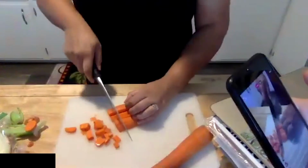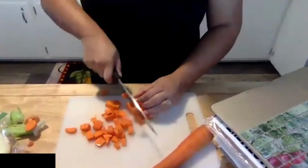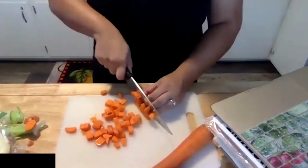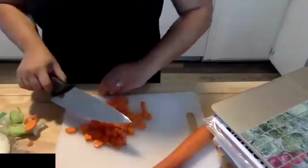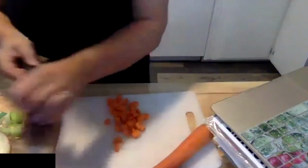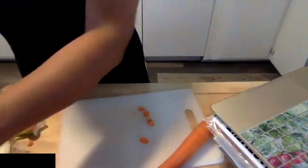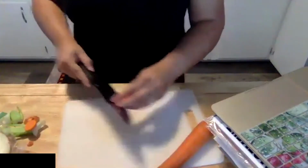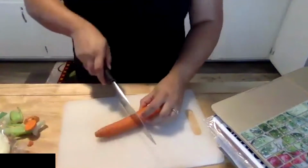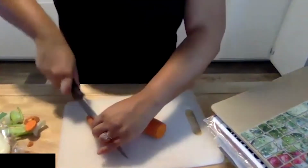Like I was talking about, if you don't want to use ground beef, you can use chunk beef. You can also do a larger dice with your vegetables, because this is considered a small dice. There's also medium dice and large dice. Hopefully we'll be able to do an episode on knife cuts pretty soon, because they're pretty cool. You can learn about julienne and all the different types of cuts